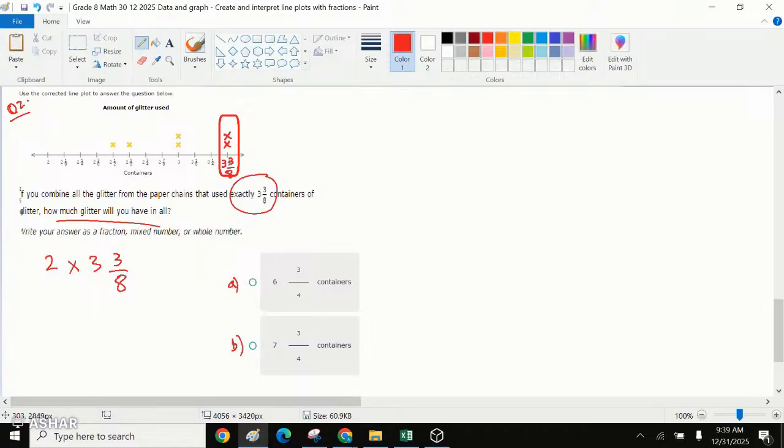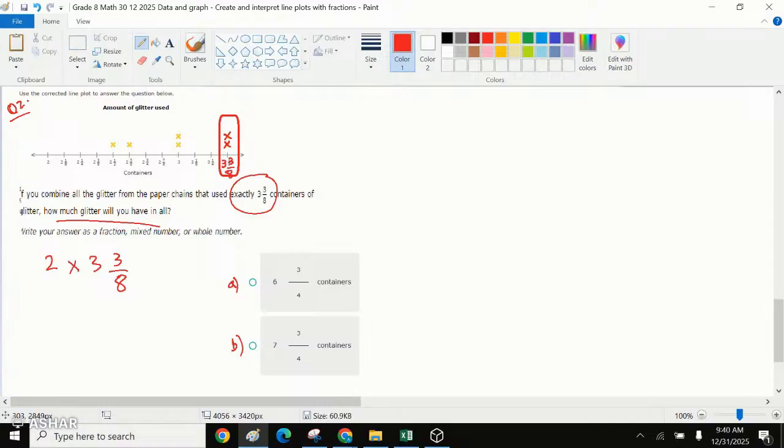I'm waiting. We know how we can multiply a mixed number directly by a whole number. I'll give you a hint. The whole number is multiplied by the whole number in the mixed number and only by the numerator. It does not multiply with the denominator. So it should be,